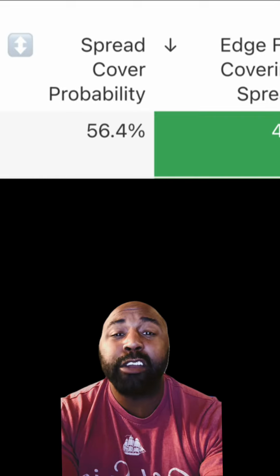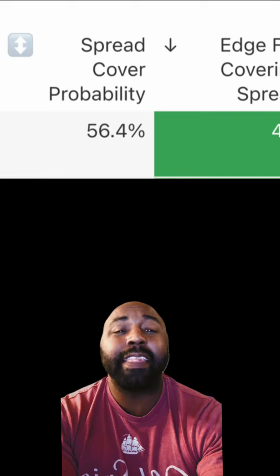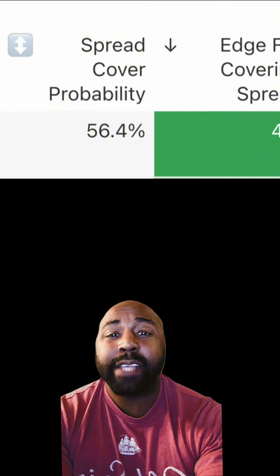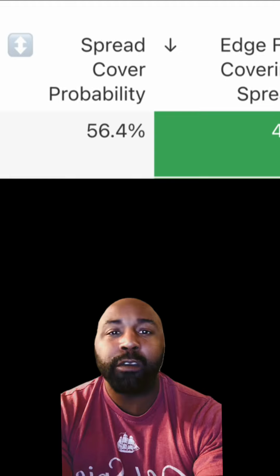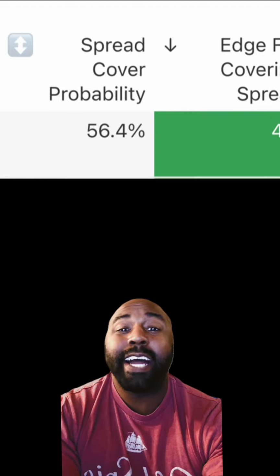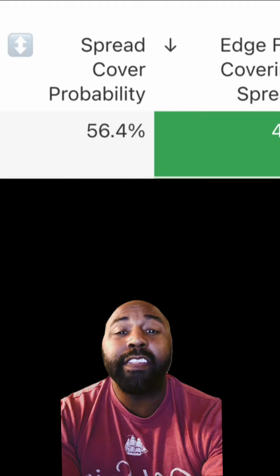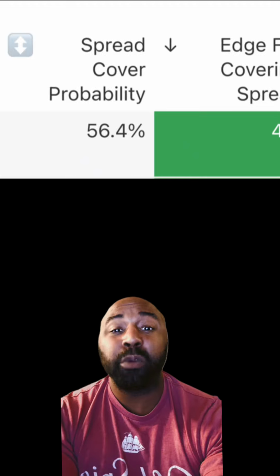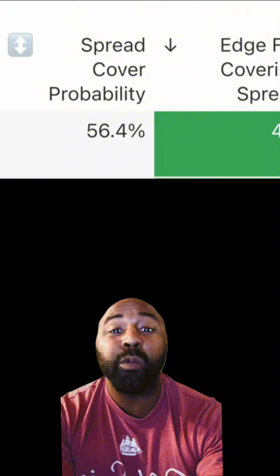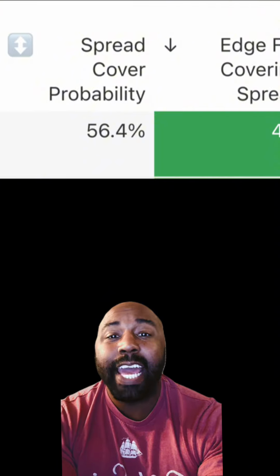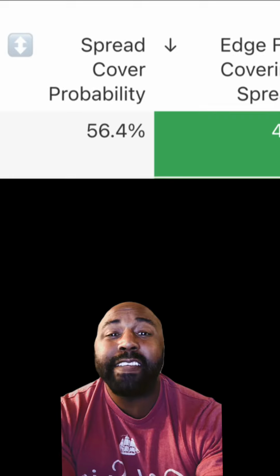So we created a value framework looking at thousands upon thousands of data points historically, looking at teams' chances of covering a number based off what that spread is, amongst other things. So we're not just guessing, saying that we think this team will cover, we're actually quantifying it. And the important part here is that as the spread changes, this cover probability will change as well. So in this example, we're saying Illinois will cover -5.5, and at a spread of -3.5, that's a 56.4% chance